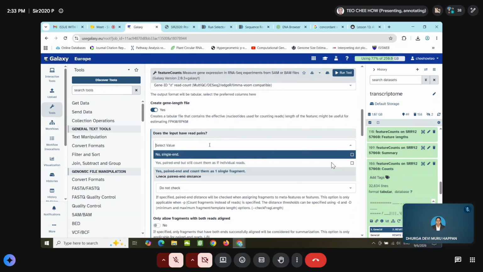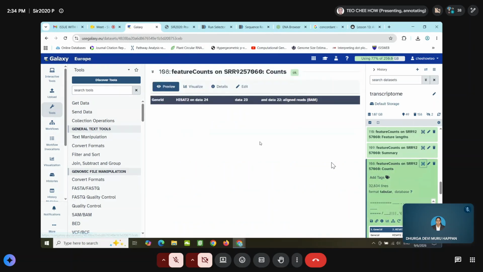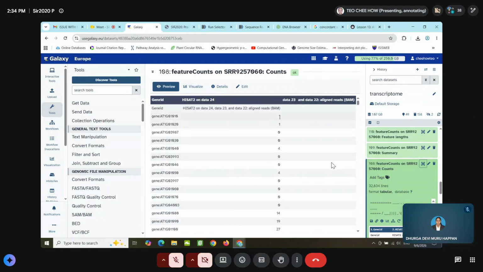Or you can count them as individual fragments. In this result here, since we chose to count them as 1 fragment, when you have 1 in here, it means there are actually 2 copies of the RNA-seq read aligned to these genes.